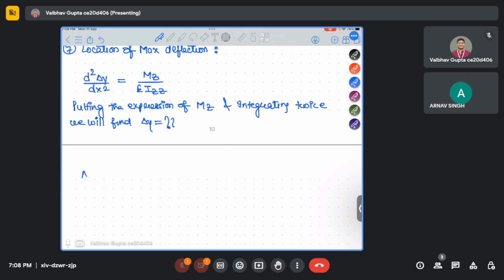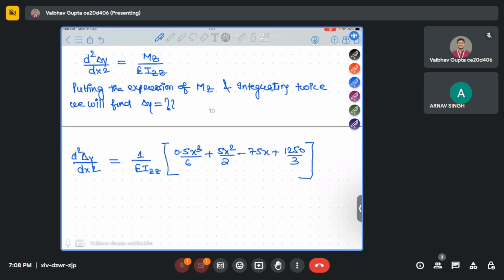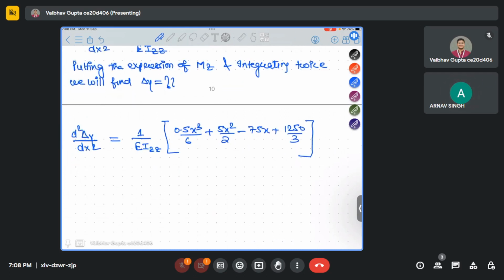So delta y, d2y first, we'll do this thing. It's nothing but, I will write the expression first. EI is easy. 0.5 x cube by 6 plus 5x square by 2 minus 75x plus 1250 by 3. This is the expression of Mz we got by solving the previous parts. So now double integration we will do. So delta y will become,